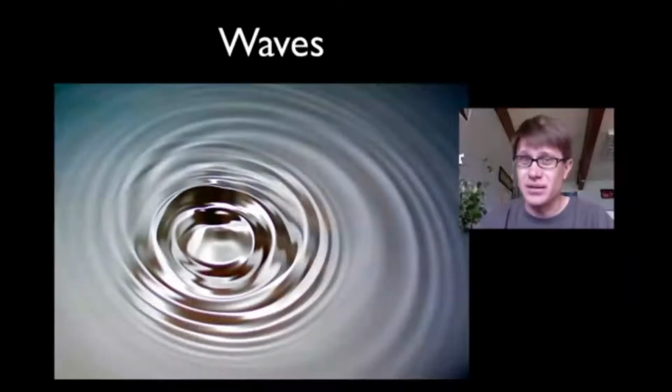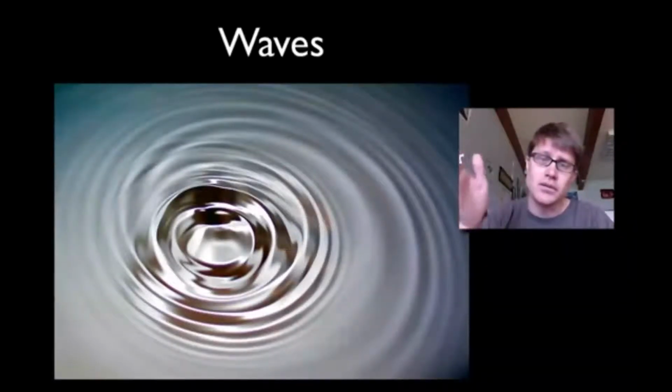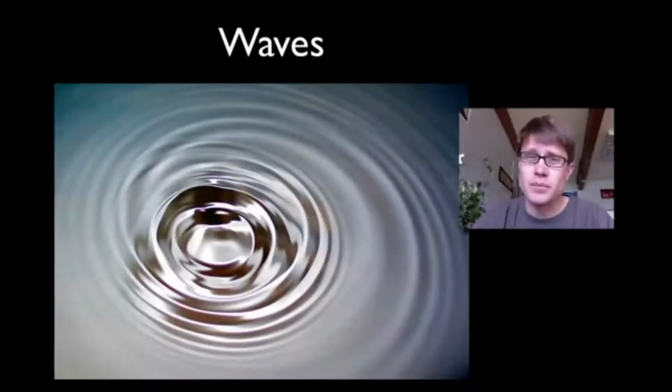So what is a wave? A wave, if we define it, is simply a disturbance that moves through space and time. It's a good way to take energy or information and move it from point A to point B. So waves are really important, but there are a few properties that you need to understand about waves before you